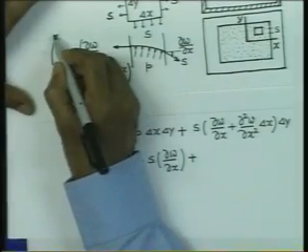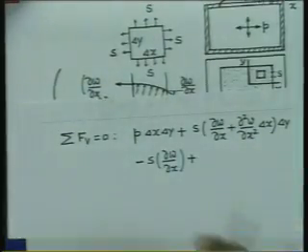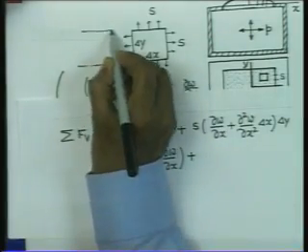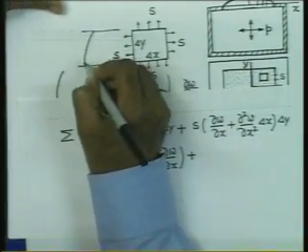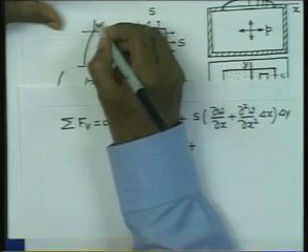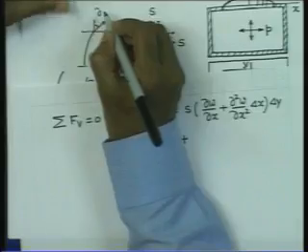We have this, maybe we will draw it here. So, we have delta w, this is S, delta w,